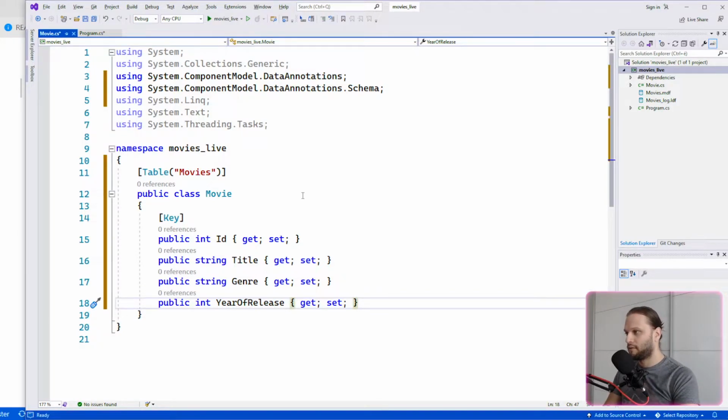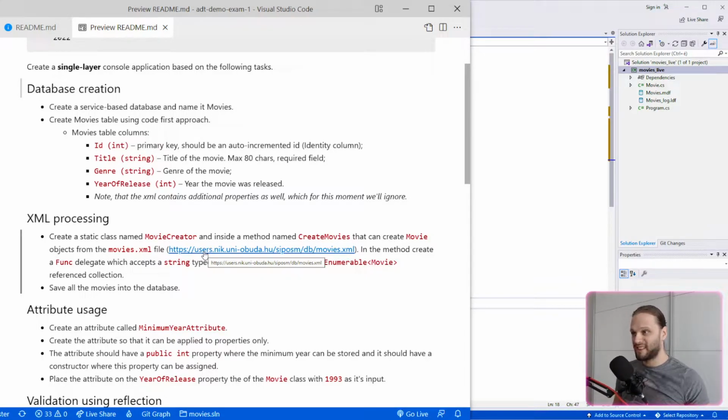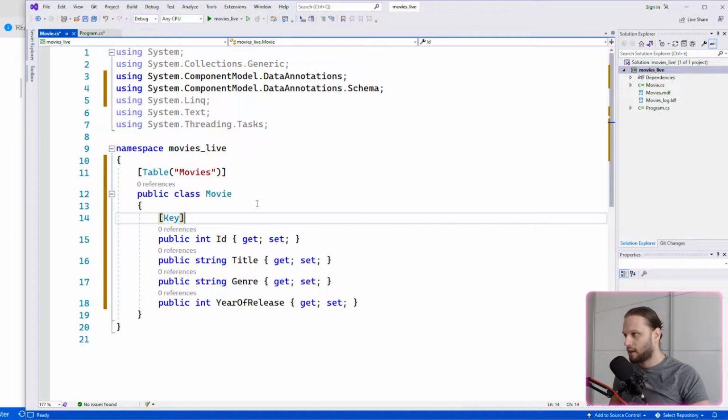So basically we created this entity class. If we open up this XML a little bit later, we can see that there are additional properties in the XML, but it doesn't matter. It's not a problem for us because we can use less information from a bigger XML. So that is why it's an easier or a less complex exercise for us. Okay, so we created this